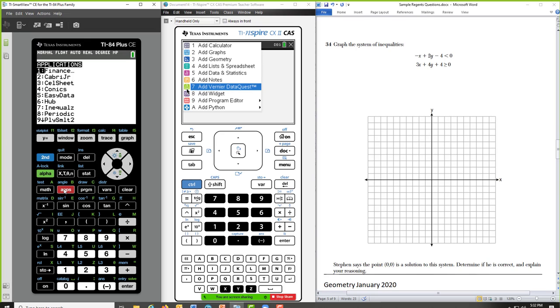P.S. If you hit apps on yours and you only have finance, email me. I'll show you how to add all of your apps. They're free. So option 7, the Inequals app,